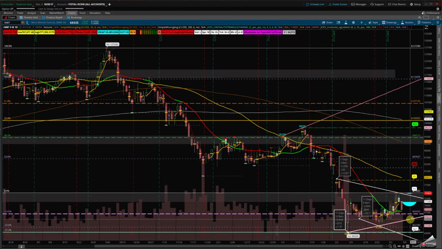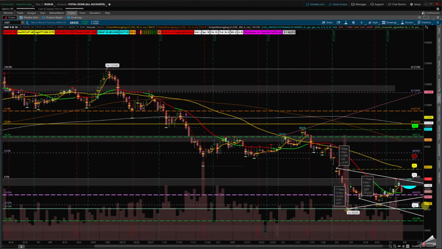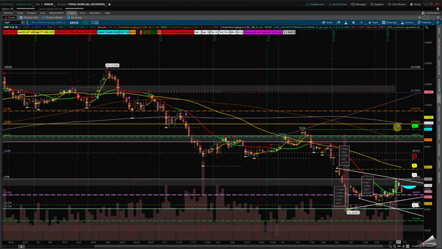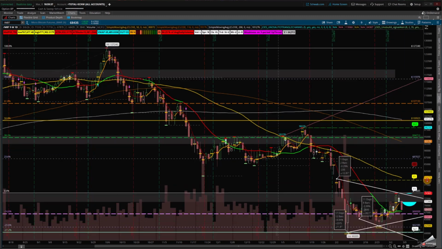If it falls to the backside of this channel, this is very important. It is in that symmetrical triangle. If that symmetrical triangle is lost and we cannot reclaim it, I'm looking for the bottom end of that graph, which we put those symmetrical triangle. There's 1, 2, 3, and 4. So very important that you understand the risk involved in those charts without being biased on Bitcoin, Ethereum, and so on,